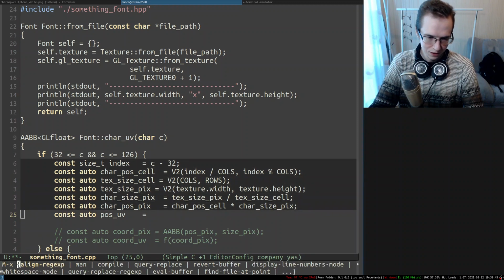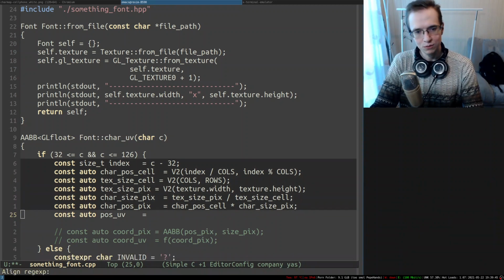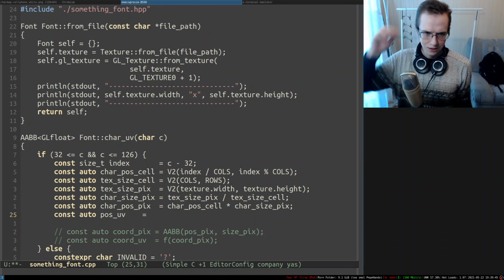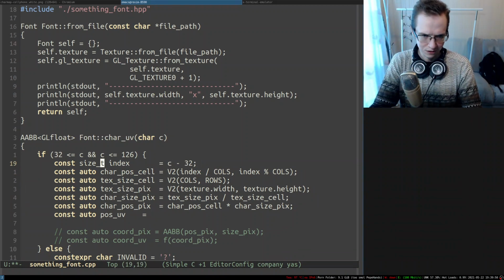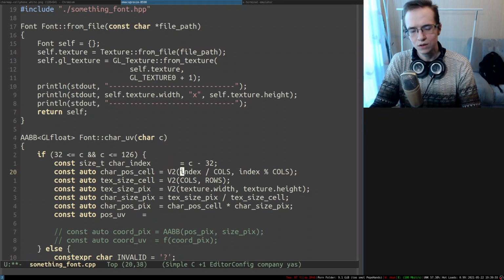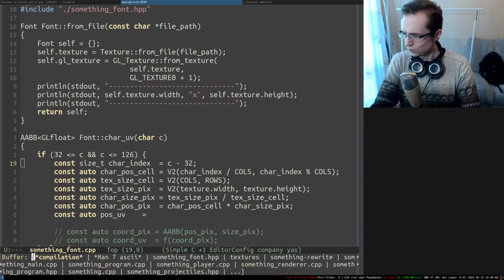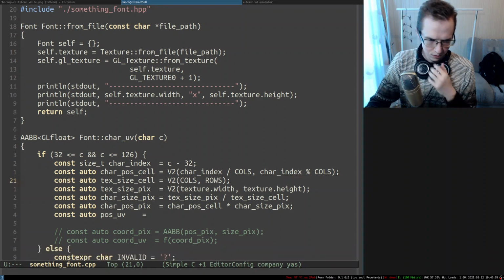I think it's kind of cool. So align regular expression like this. So this one could actually be called a character index in that case, right? So it's just a character index. So character index, and let me reassign all of that. All right,